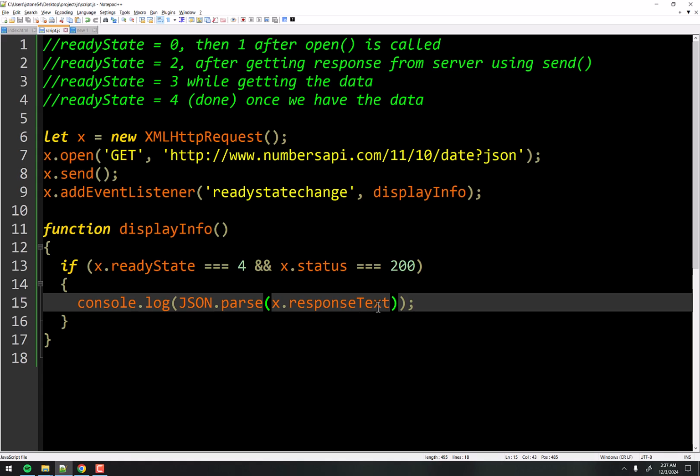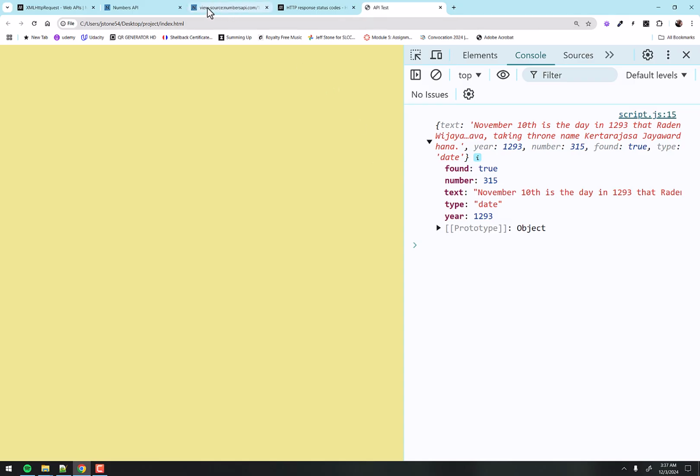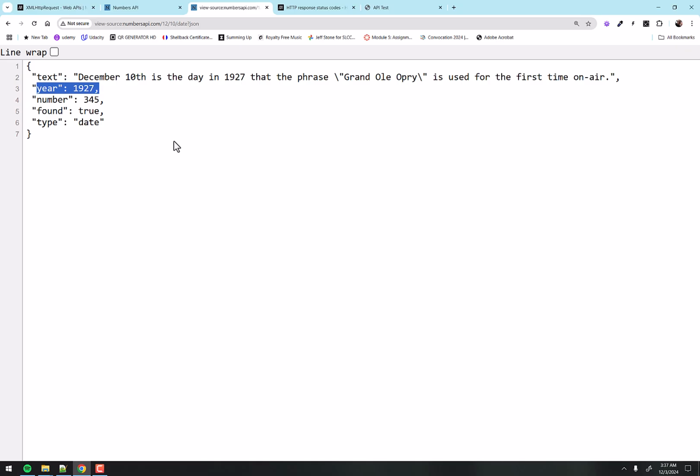So now we have everything we need to be able to display this in our HTML if we want. Instead of consoling it, we can actually do document.getElementByID or whatever. And again, in this particular case, I am contriving a JSON example a little bit, whereas with other APIs, you have no choice. You have to use JSON because that's the only format they give it to you in.